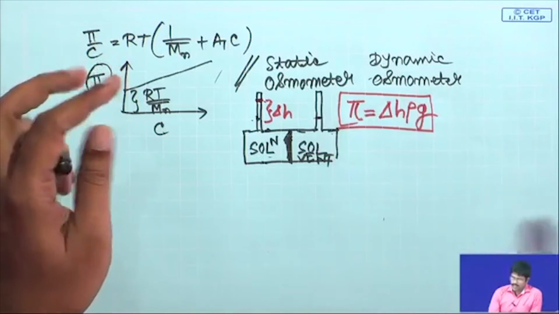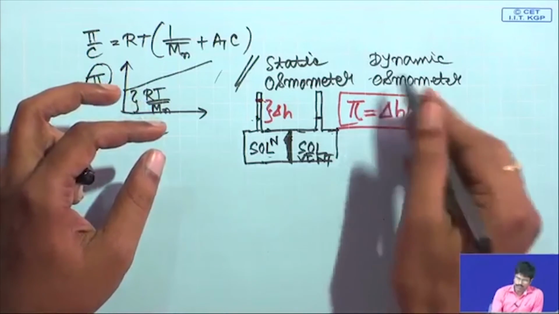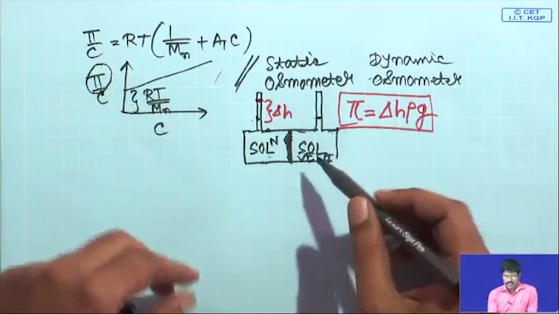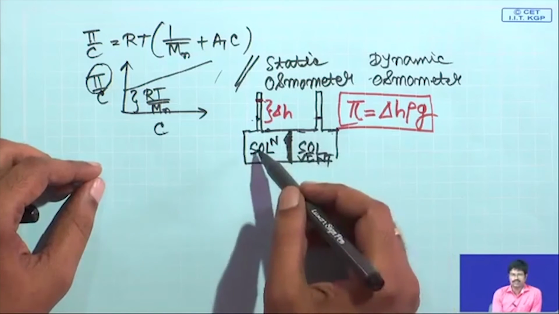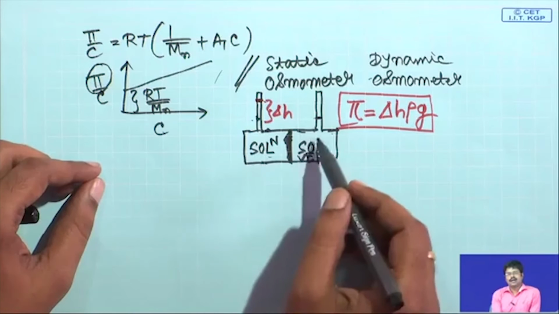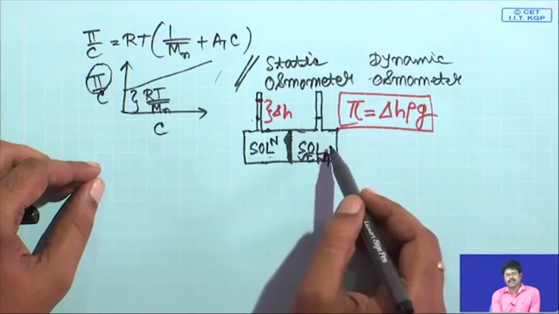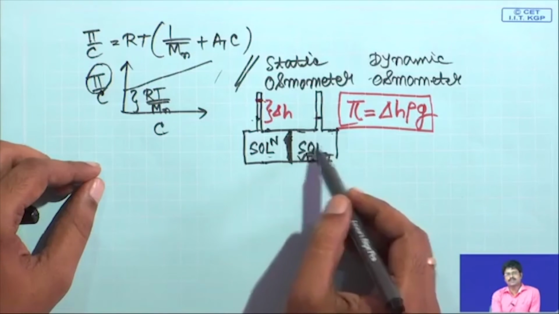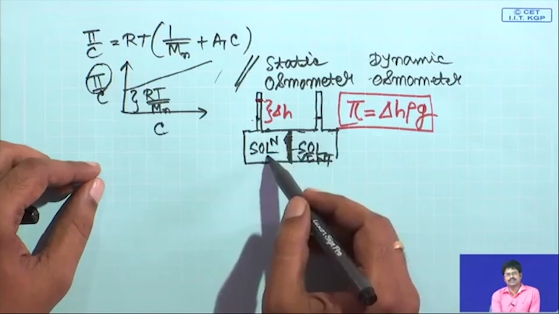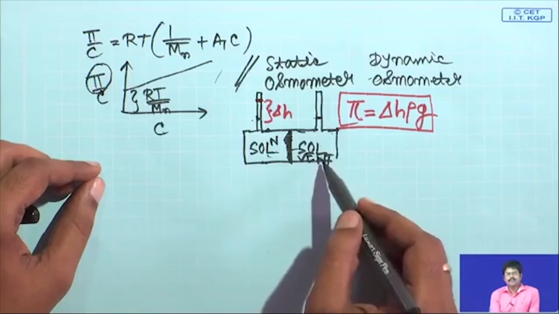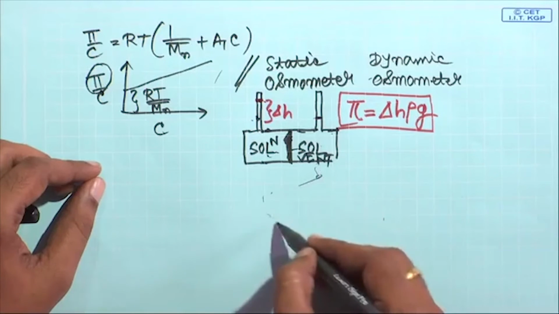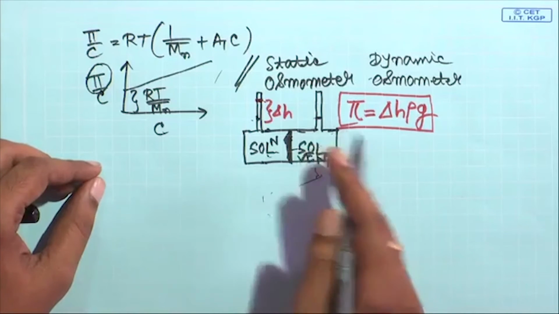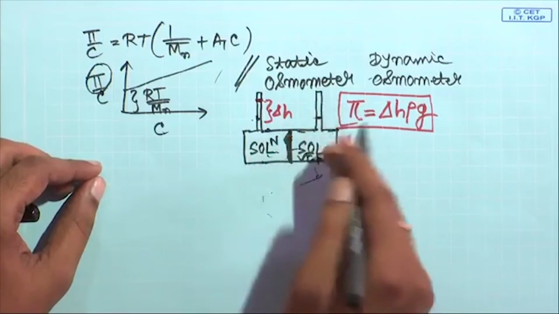What you typically do in a dynamic osmometer, although we will not discuss it too much, is that you measure the solvent flow from the solvent side to the solution side. And how do you measure that? You have some air bubble there. The movement of the air bubble will give you an idea of the solvent flow from the solvent to the solution side, and then you have another solvent reservoir that is attached to this solvent vessel, this part.